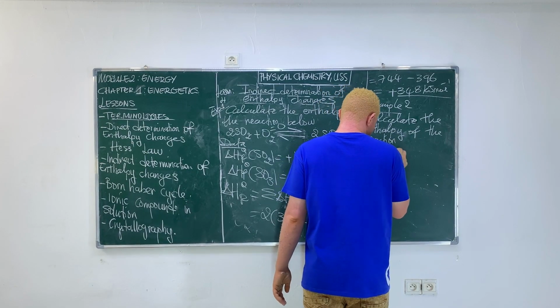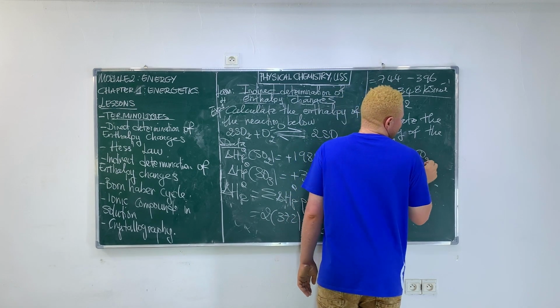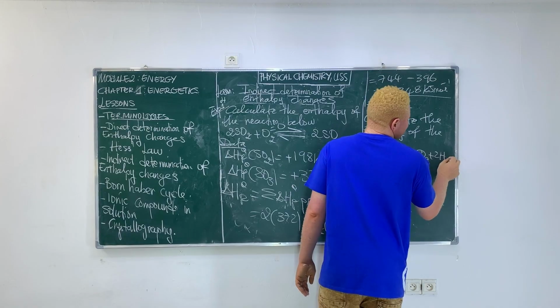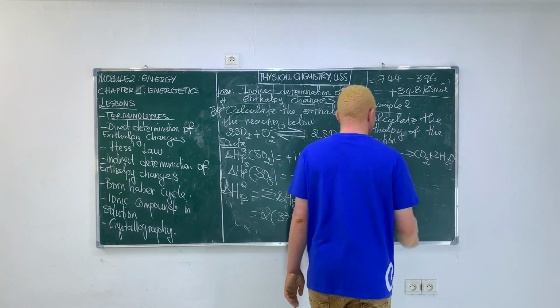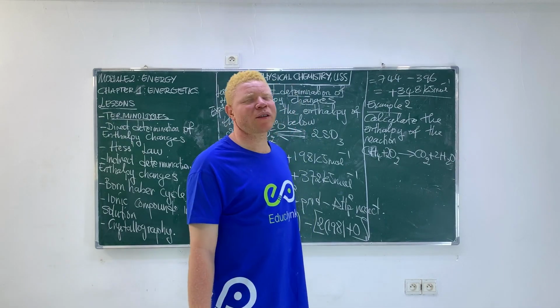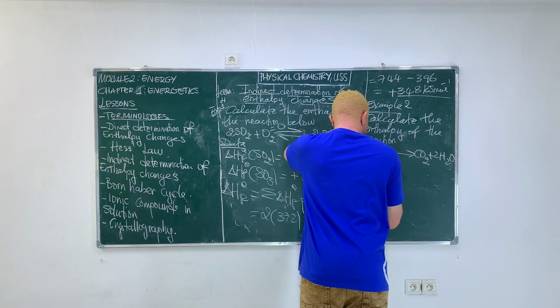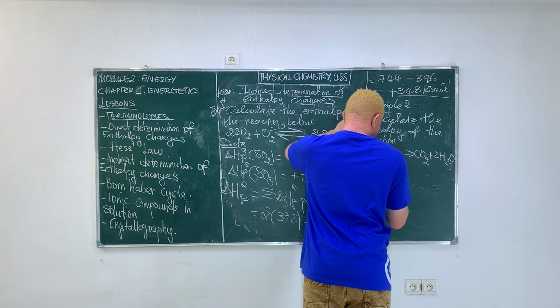Methane plus oxygen giving carbon dioxide plus water. Methane plus oxygen giving carbon dioxide plus 2 water. So let me give you a type of proof. There is a formation of methane